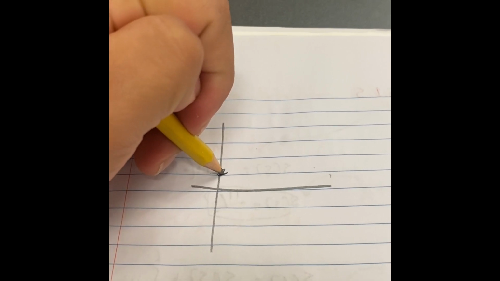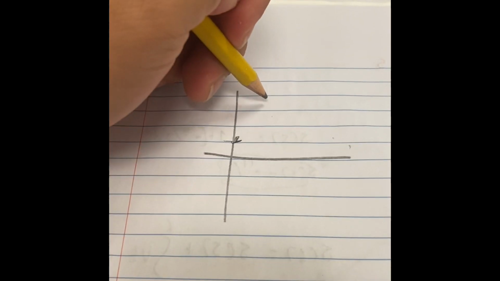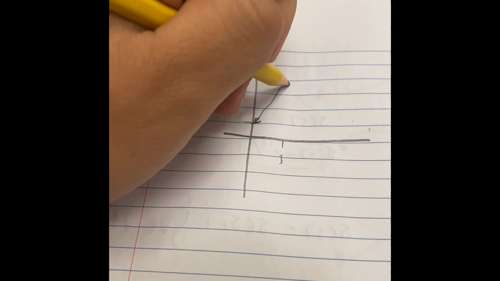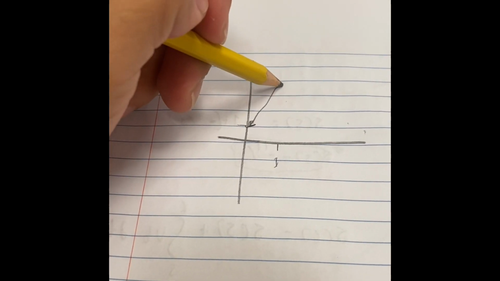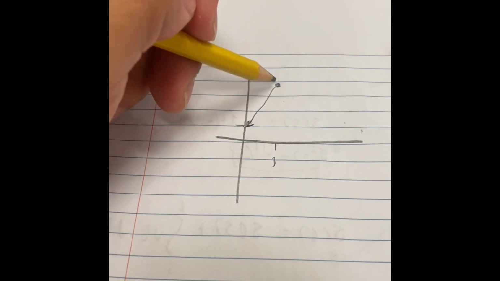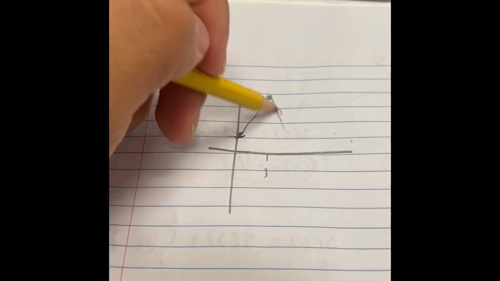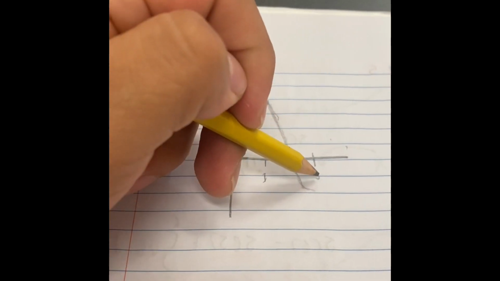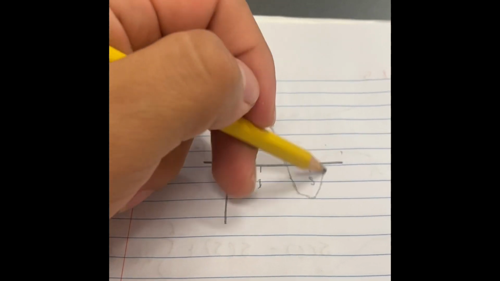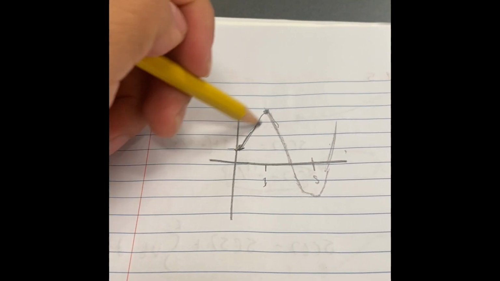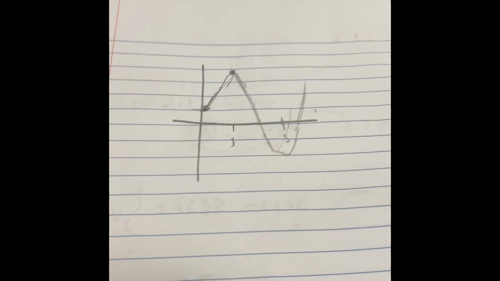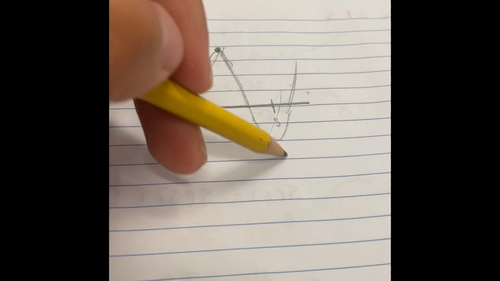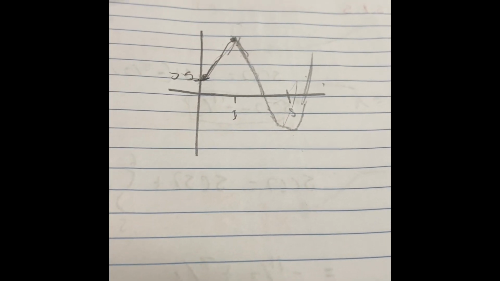So the graph is going to start here, and at 1 it's going to have a concave down, and then it's going to decrease, and at 5 we're going to have a concave up. It's going to increase again. So this is a prediction of how the graph is going to look. We know there's a concave down and then a concave up, and it starts at 0.5. And then